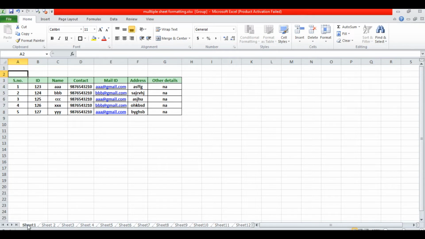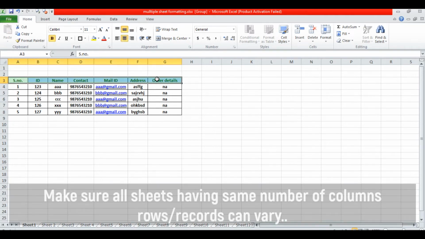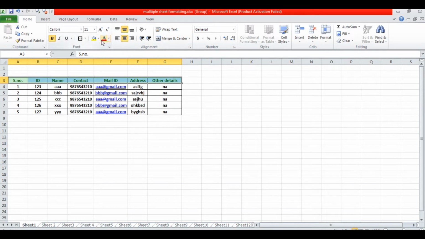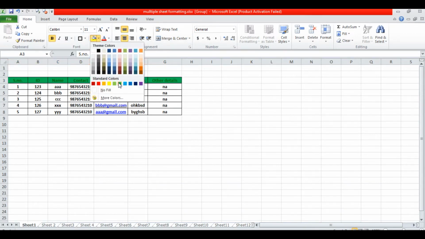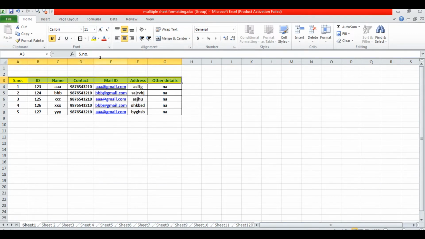Okay, so we have started with Sheet 1. Do the formatting in Sheet 1 itself, and it will now be reflected in all the other selected sheets. Now I want the same format for all the sheets. So what I'm going to do is select the heading, make it bold, make it center aligned, and give it a somewhat yellow background.